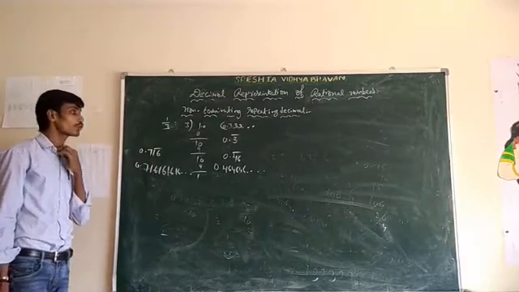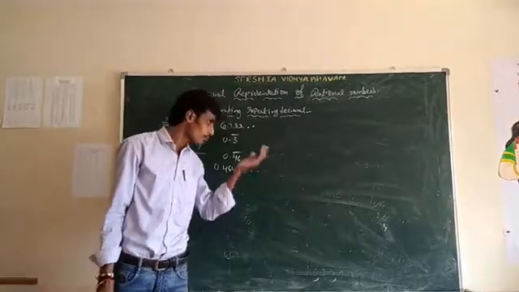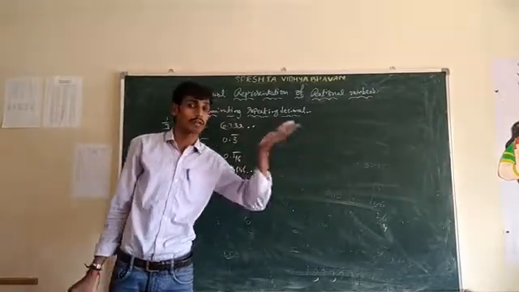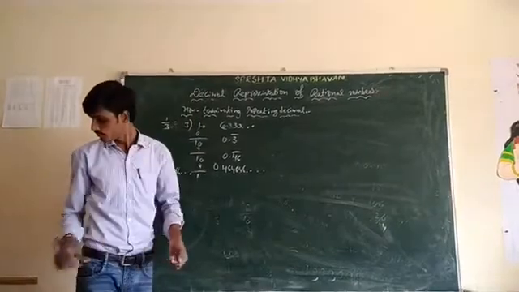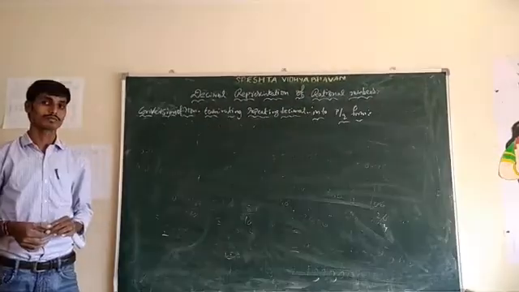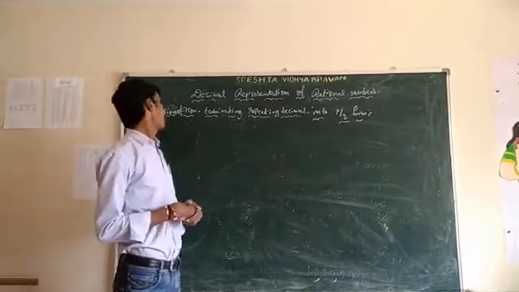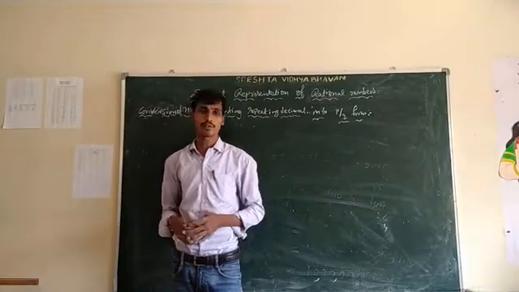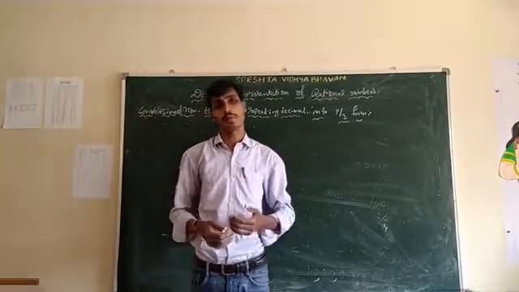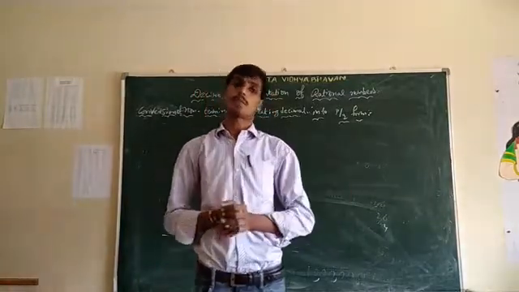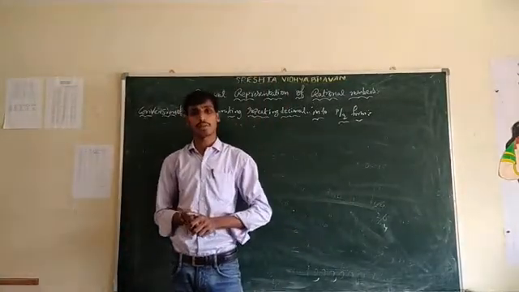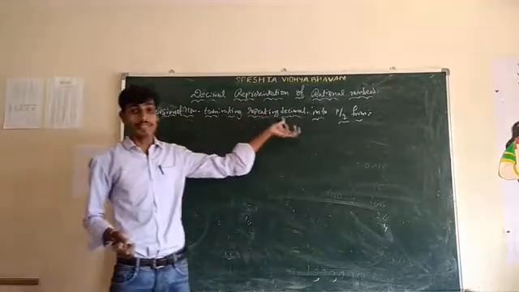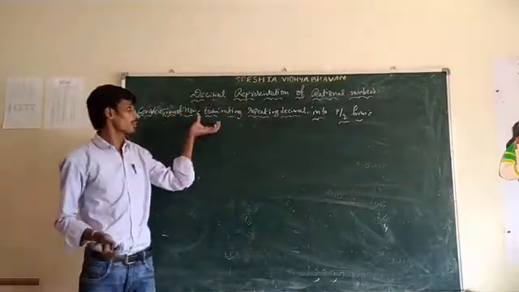Okay, so next we move to the topic: conversion of non-terminating decimal into p by q form. Now we discuss non-terminating repeating decimal. Non-terminating repeating decimal means that when you are doing the division, the remainder will be repeated a number of times and the quotient will be repeated a number of times. So this is called non-terminating repeating decimal. Next we discuss conversion of non-terminating repeating decimal into p by q form.